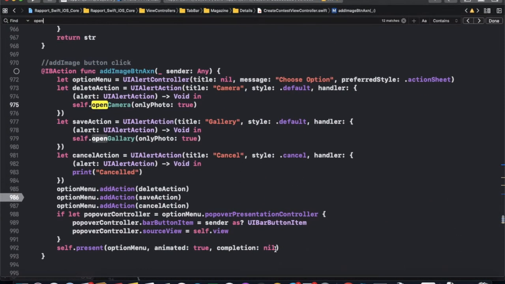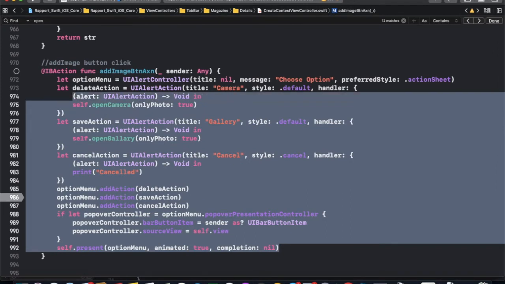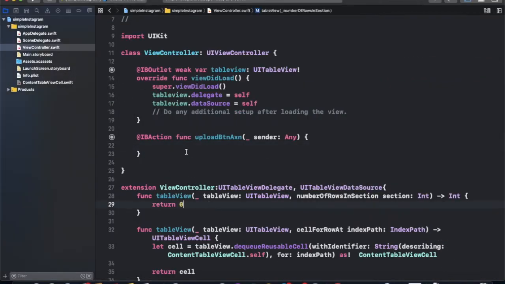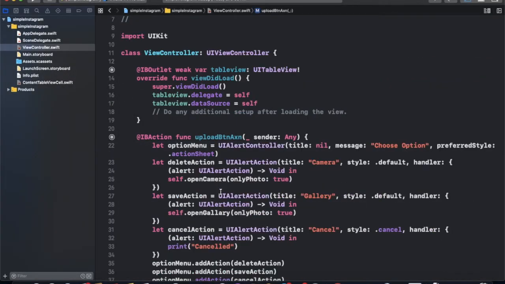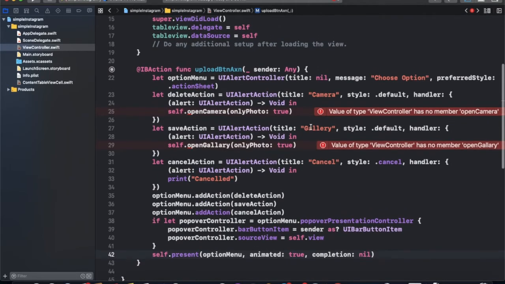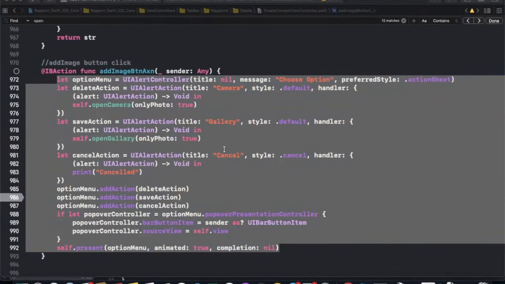So just copy it. Firstly, just copy it and paste it. Now it's showing an error because it's not finding these two functions. So we are just copying these two functions too.